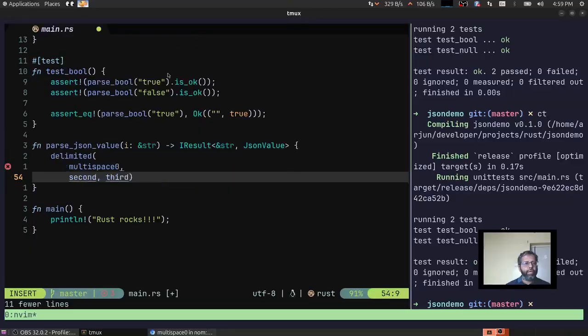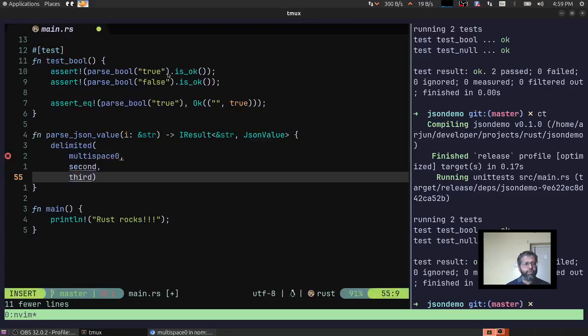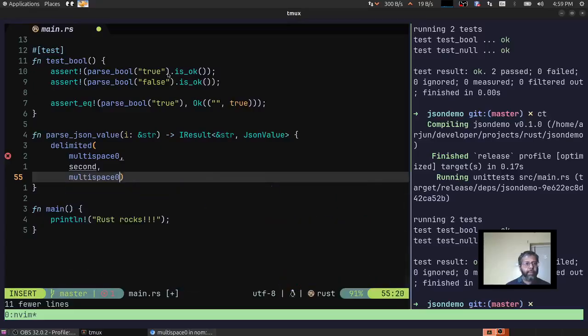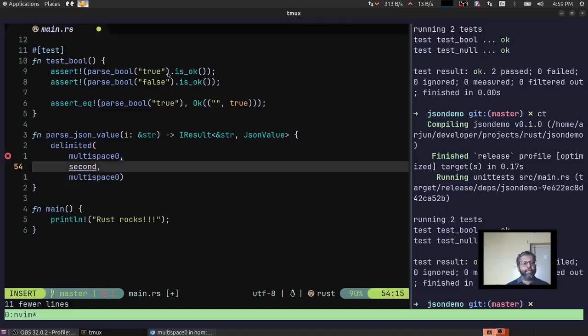The second one is, we'll write the second one in a minute. Third one is also going to be multiple spaces. So let's write multi-space. Okay, and this looks good. Now we have to write